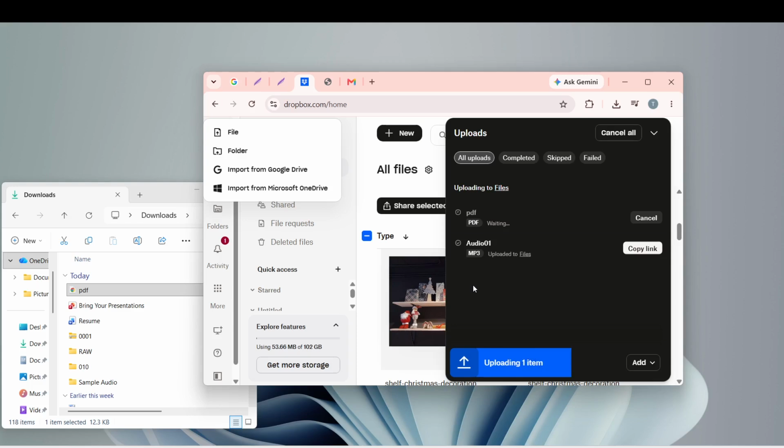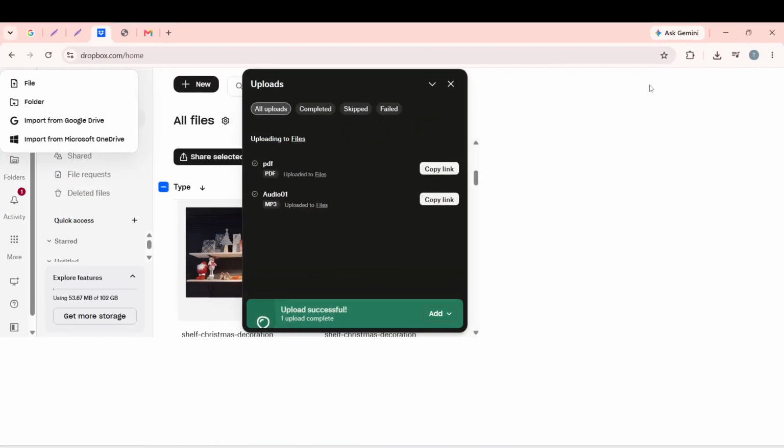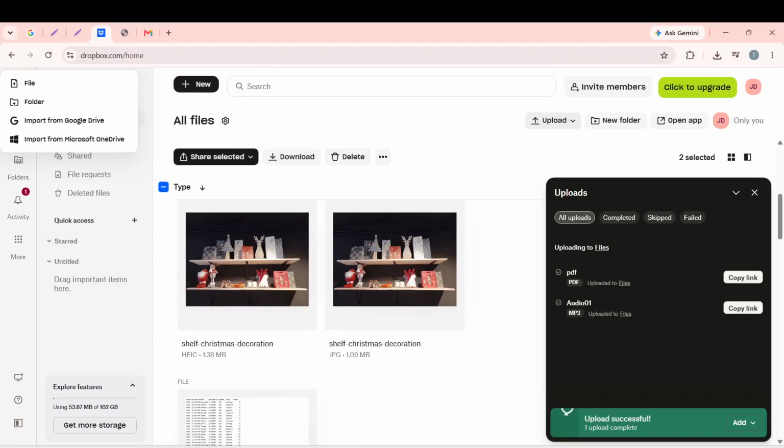On mobile, you can tap the plus icon to select the file, but dragging and dropping is faster on a desktop. This step is crucial because it initiates the upload process, allowing your files to be stored securely in the cloud. Once your file is dropped, you will see a progress indicator showing the upload status. This visual feedback is reassuring as it confirms that your file is being uploaded to Dropbox.